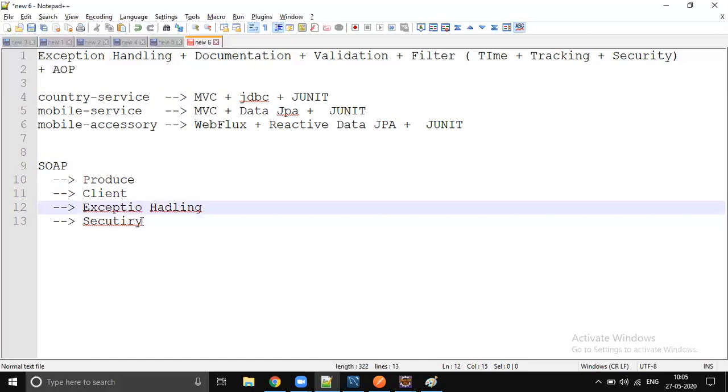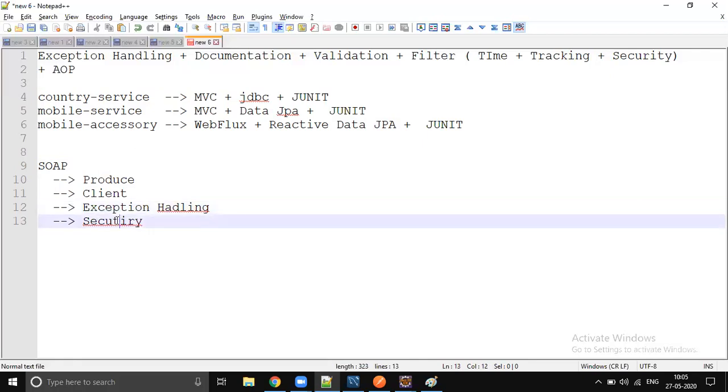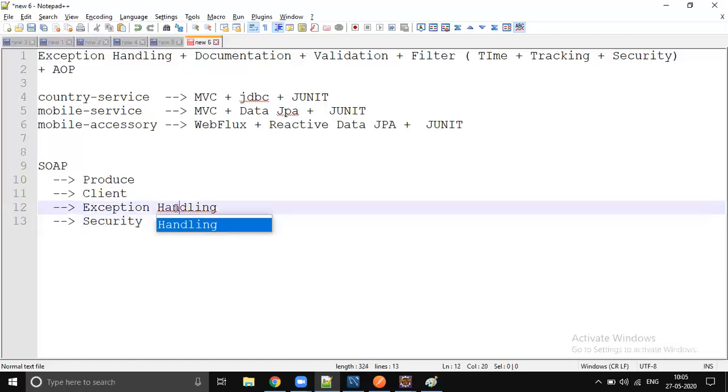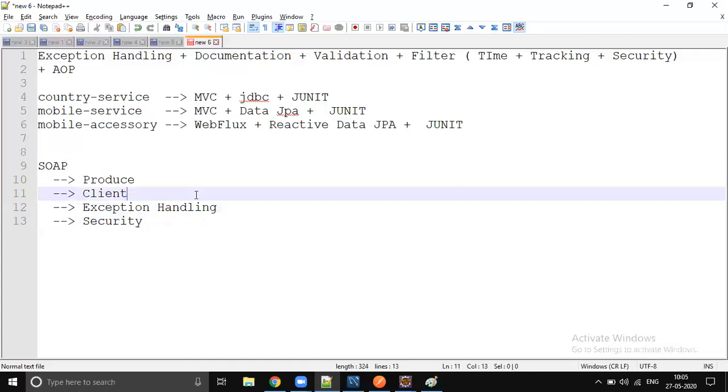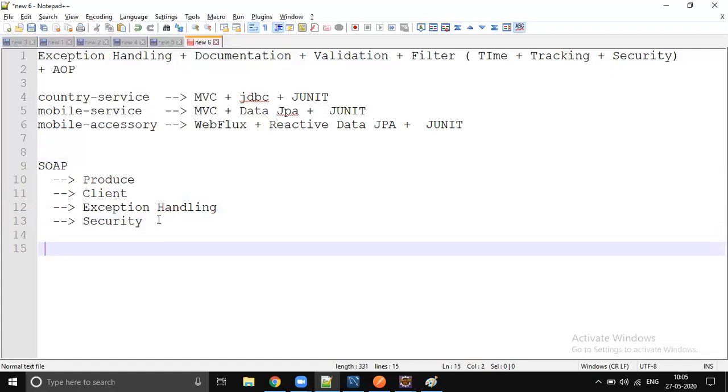In the header we will pass some username and password, and we will authenticate against the database. That's it, so SOAP header authentication is going to be performed. And we will write a client which can call all these services and generate an accumulated response. That is again going to be a reactive module.